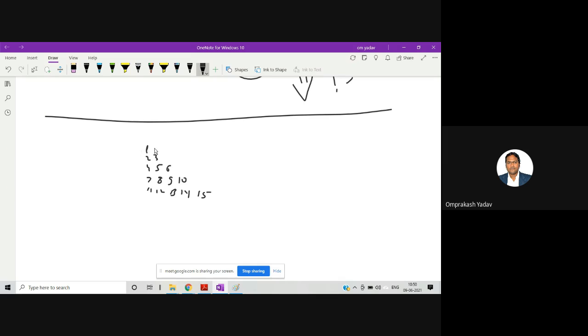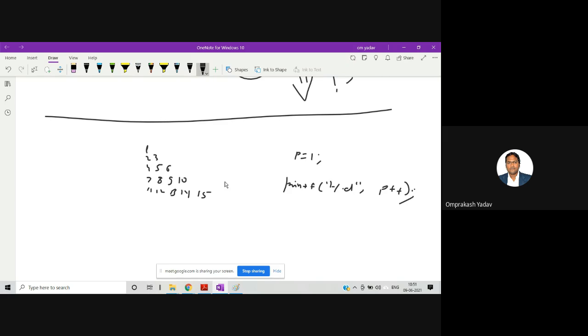So the numbers are continuous, right? It's very simple. We can declare one variable, p is equal to 1, and then we can simply go on printing printf %d p plus plus. That's it, right?